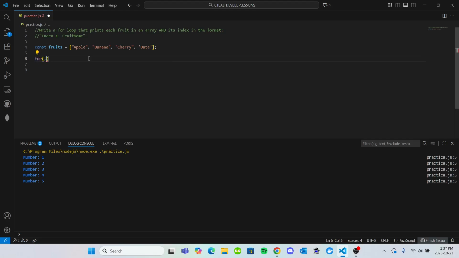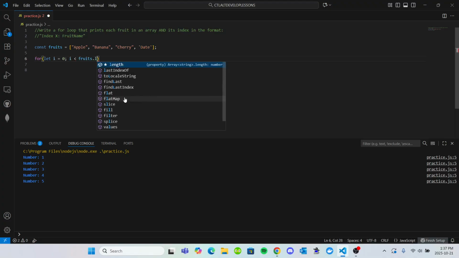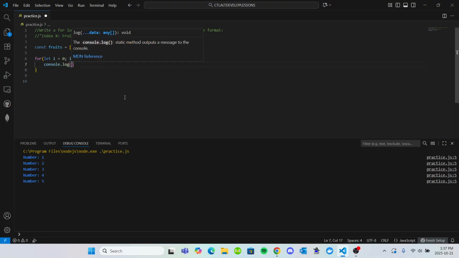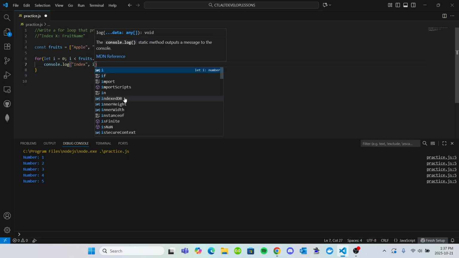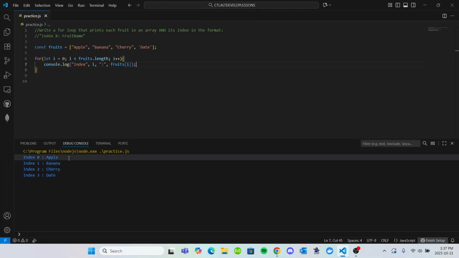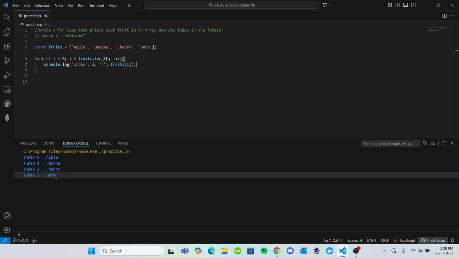So we want to start at a value of 0 in this case because index 0 holds the first element of the array, and we want to iterate through the entire length of the array, and then we want to increment by 1 each time. So the console is then going to print index i, and we are going to say fruits[i]. So let's run this, and it prints out index 0 apple, index 1 banana, 2 cherry, 3 date, which is